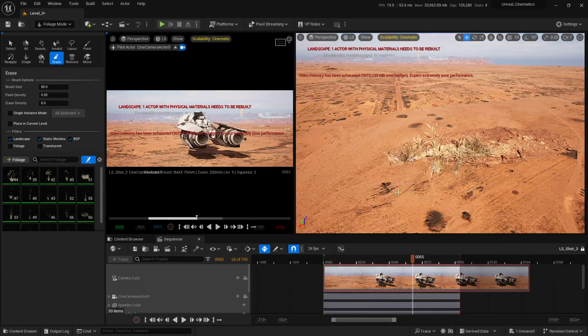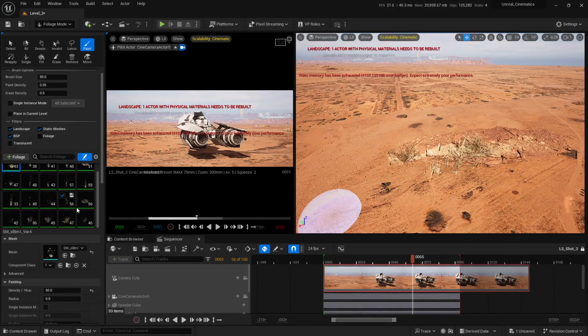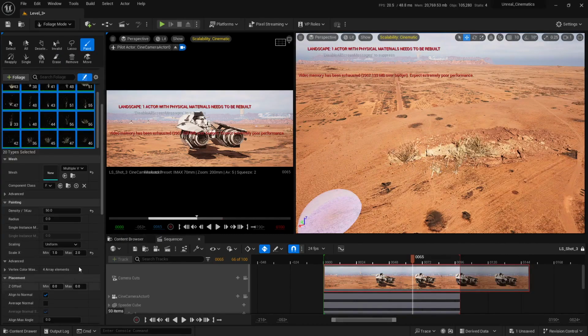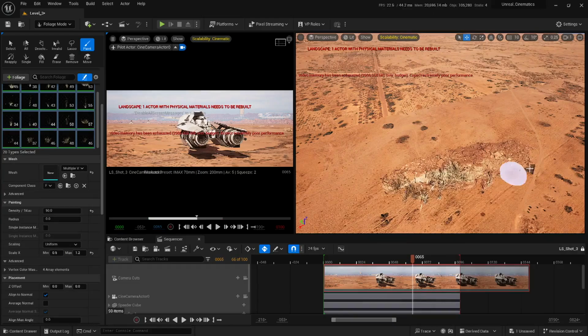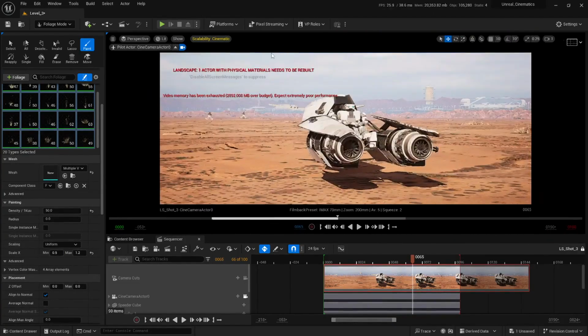I'm just gonna erase a few of them. And let me just select these foliage assets. I'm gonna set the maximum size to 1.2 and minimum size to 0.5. Let's see. I'm gonna enlarge this window. Yeah, I think it looks good. I'm gonna split this window